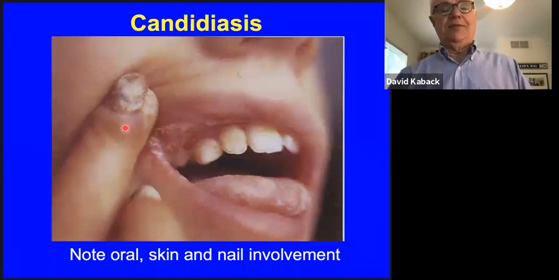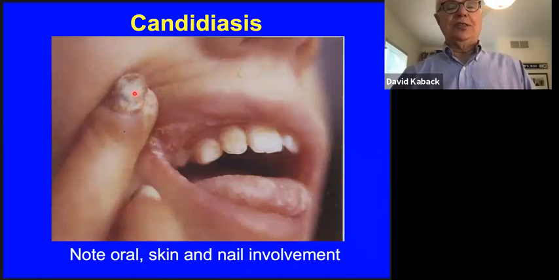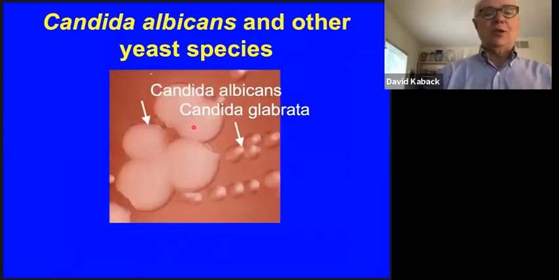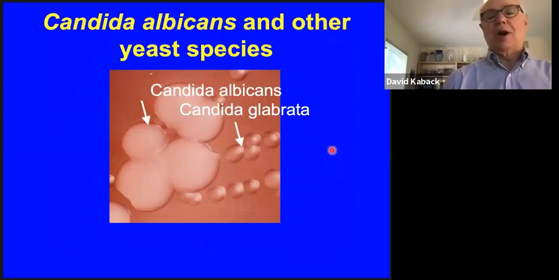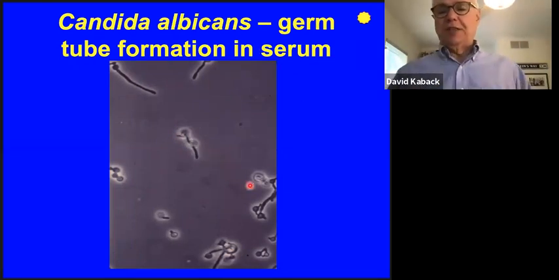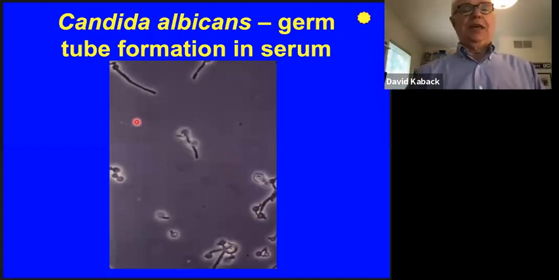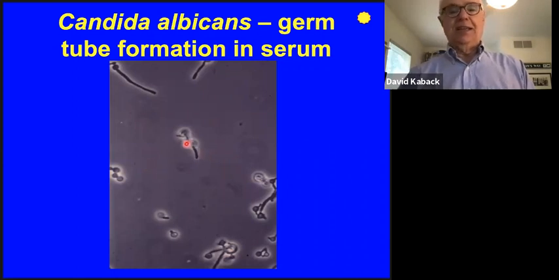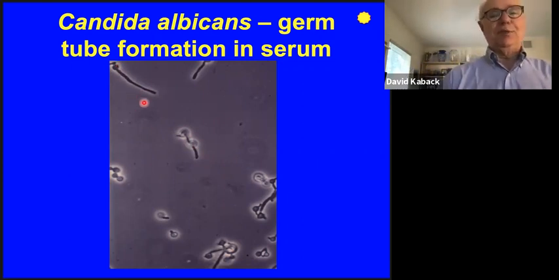Okay, here's a systemic infection where you see mouth infection as well as nail infection involvement. Again, Candida albicans. And one of the quick ways we can tell Candida albicans from other kinds of fungi is what's called the germ tube test. What we do is, Candida albicans is completely opposite from all the other fungi that I told you about. When you give it a little bit of blood serum, instead of becoming a yeast cell, okay, it will essentially differentiate the opposite way, and in the presence of blood or blood serum will actually grow into hyphae.